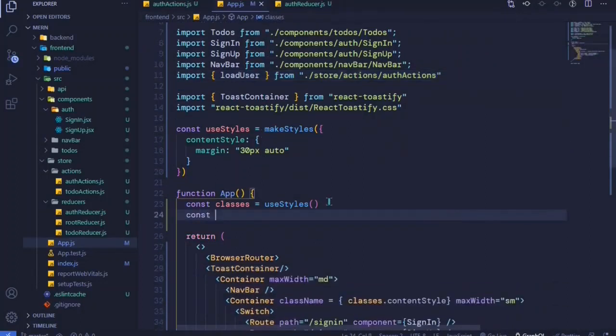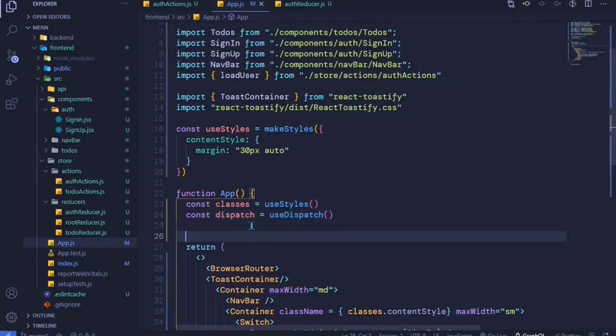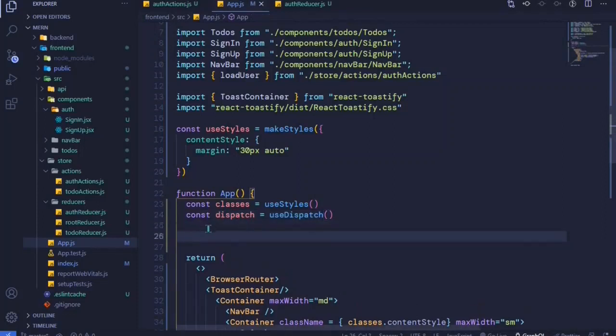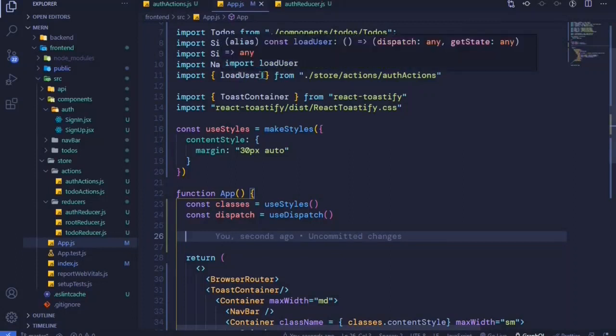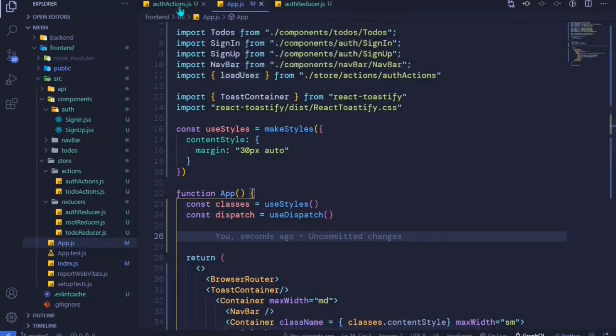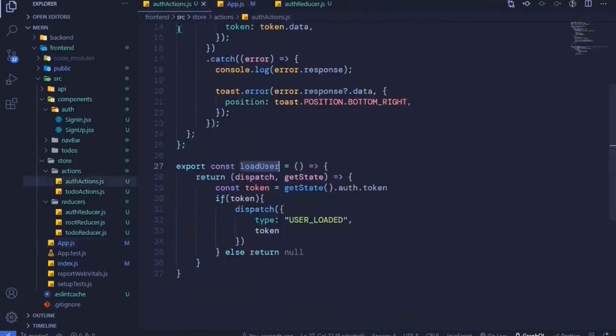I'll create a constant called dispatch, and we will load our useDispatch hook. I invoke that, and then just below here we can make use of our useEffect hook. Now this useEffect hook will be loaded after our application renders, okay? And once it renders, we dispatch our loadUser action creator, and then our loadUser action creator will get